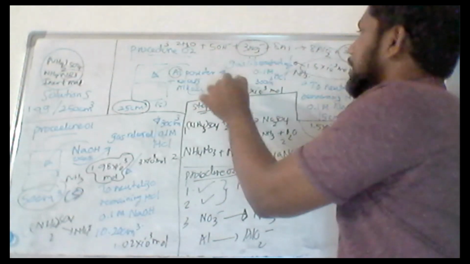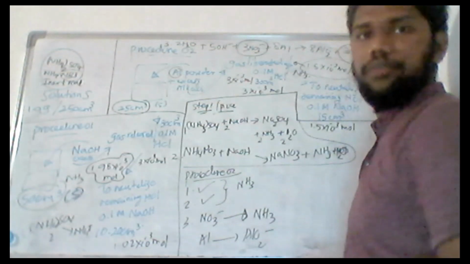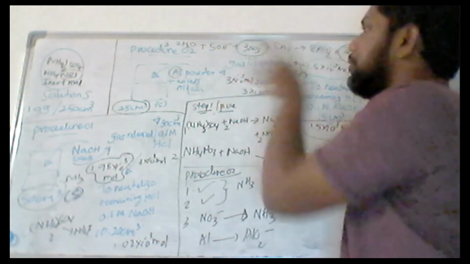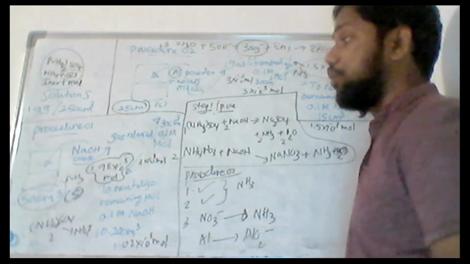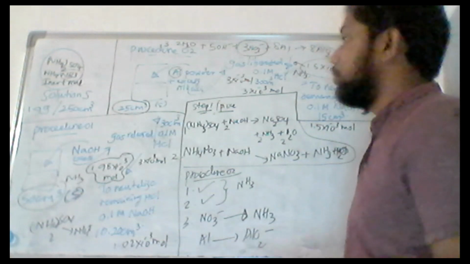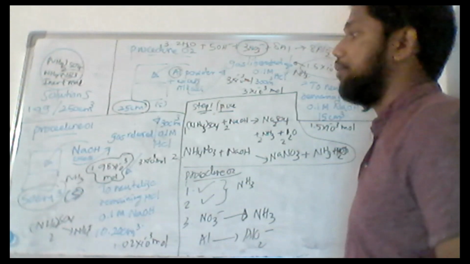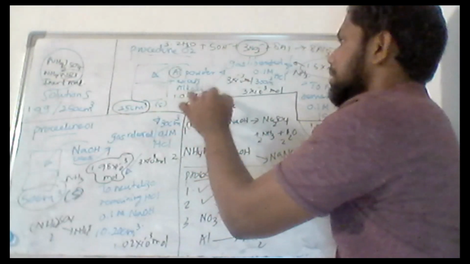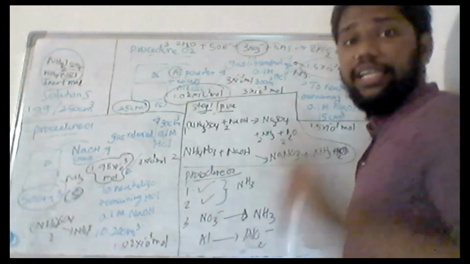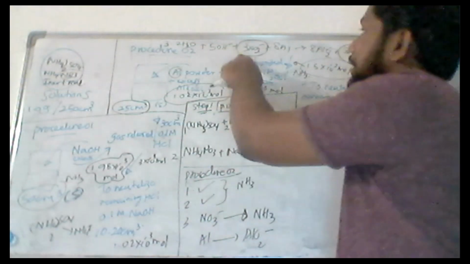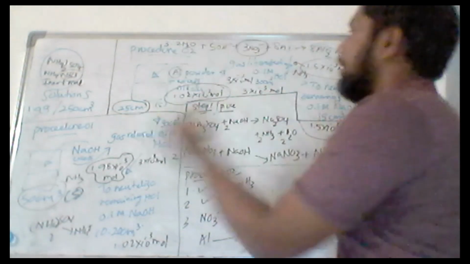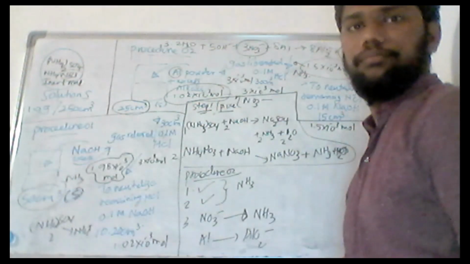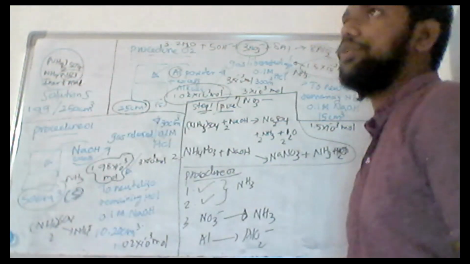So it will be 3 into 10 to the power minus 3 moles, right? And then you can subtract this 3 into 10 to the power minus 3 moles of ammonia from procedure 2 minus 1.98 into 10 to the power minus 3 moles from procedure 1. So 3 minus 1 is 2, and 2 minus 0.98 is 1.02. So 1.02 into 10 to the power minus 3 moles of ammonia is released from nitrate. Because the stoichiometry is 1:1, you can equalize this to the number of moles of nitrate present in this solution S. Right? So if you know the number of moles of nitrate in solution S,